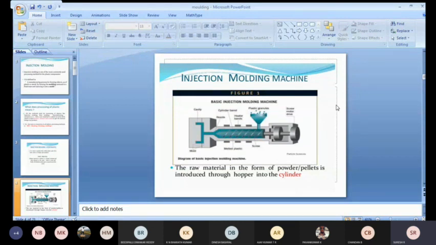You should write down a neat sketch and explain it in your own words. There is no need to write the explanation exactly as in the textbook, the PPT or the PDF. Understand the concept, draw the diagram, and explain how it works stage by stage. As I've been telling, there are three important stages in almost all plastic processing machines: first, the initial heating of the raw materials; next, the forming, which means converting into the required shapes; and the last one is cooling. These are the three important steps in the injection molding machine.